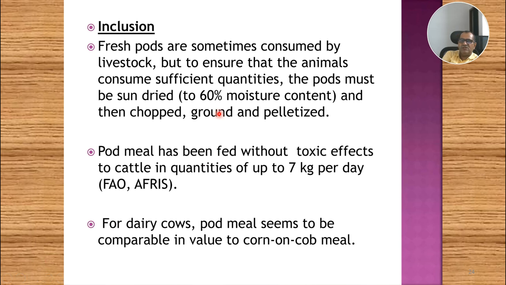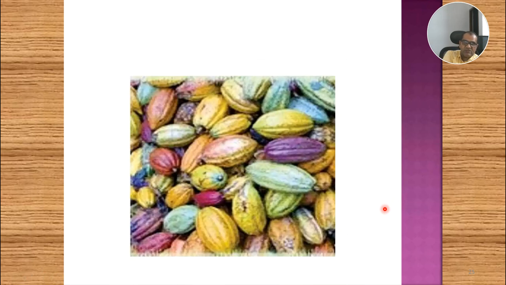As for the inclusion criteria, fresh products are sometimes consumed by livestock, but to ensure that the animals consume sufficient quantities, the pods must be sun dried. At the same time, the pod meal has been fed without any toxic effects to cattle, up to 7 kg per day maximum. For dairy cows, pod meal seems to be of comparable value to corn and cob meal. So these are all the cocoa fruits, and the outer coat can be used as